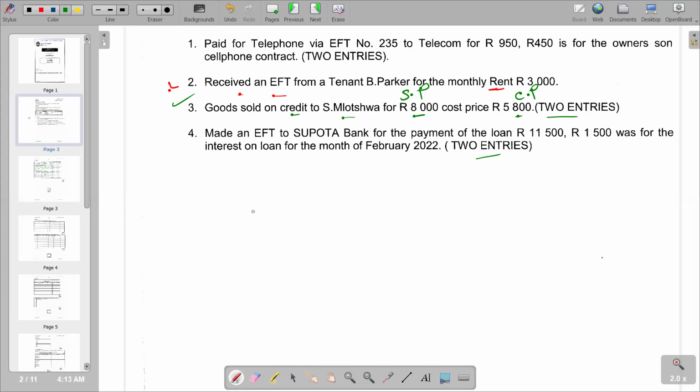First of all, we are supposed to do the double entry of the loan repayment and then do the double entry for interest. So for loan repayment, remember the total amount is 11,500, but inside 11,500, there is 1,500 for interest. So to find the loan repayment, we're going to say 11,500 minus 1,500. We find 10,000 is the loan repayment. So now, for this first double entry, we are going to debit